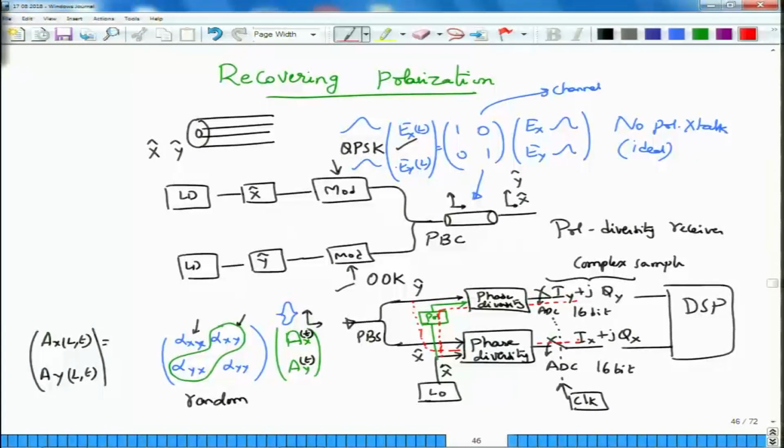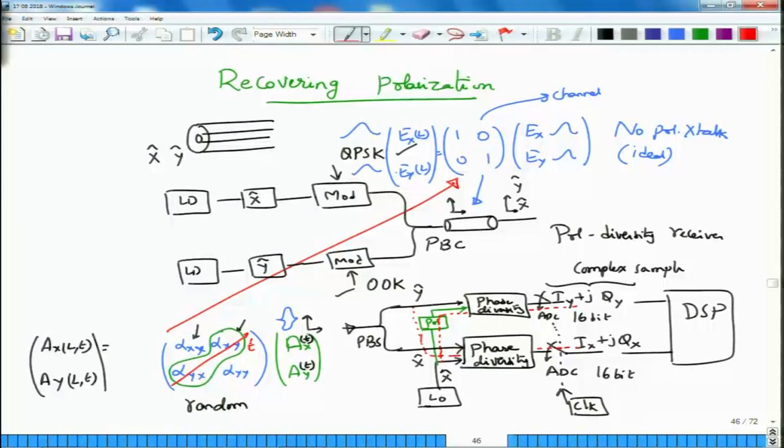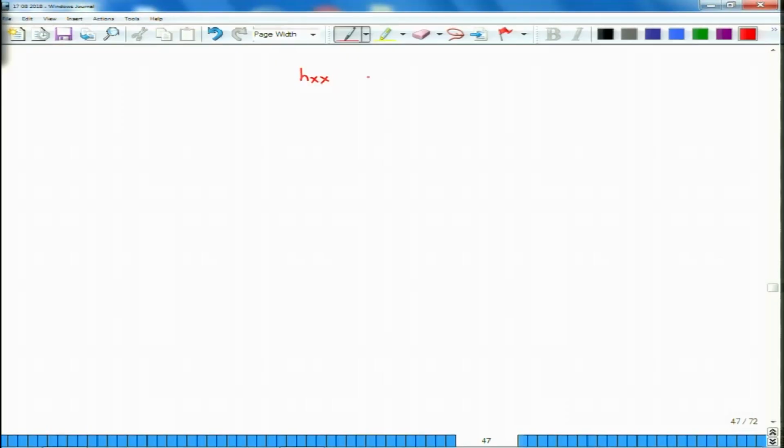So the idea would be to take this 2 cross 2 matrix the way I have written, which is not a diagonal matrix, and to make that matrix into a diagonal matrix. It's not so simple. You need to work either in the time domain or in the frequency domain appropriately, and you will almost always have to treat these terms as functions of time and adjust them using some adaptive mechanisms.